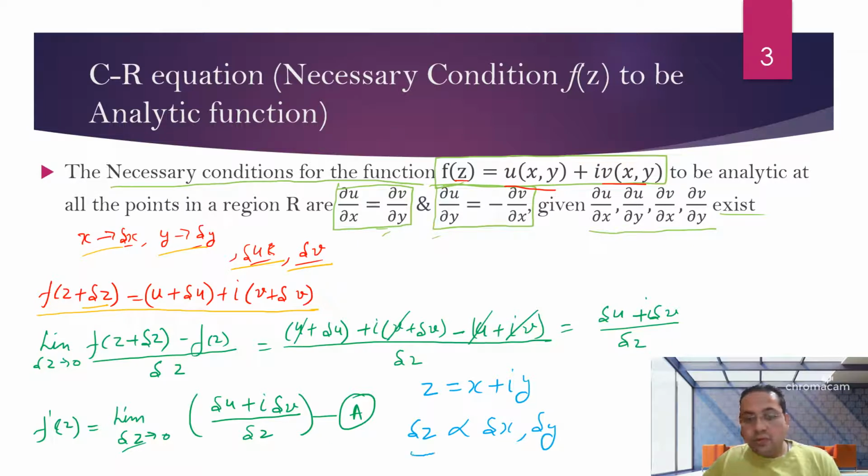So for considering the delta z increment, we require from the previous page what we have: f dash z is equal to limit delta z tends to 0 for del u plus iota del v over del z. Now if we consider the x axis,